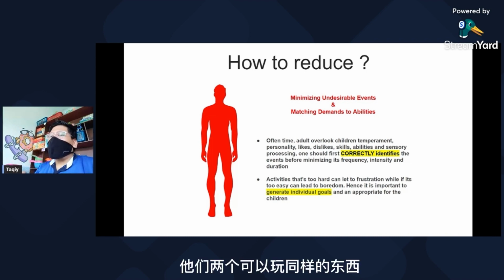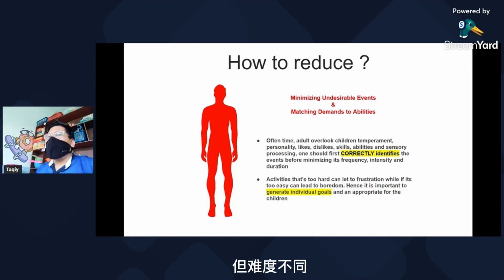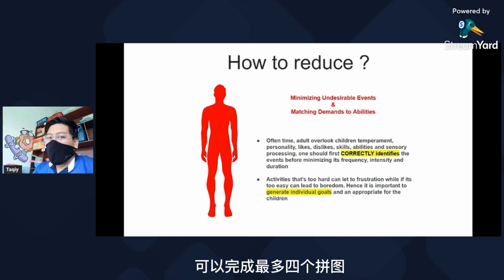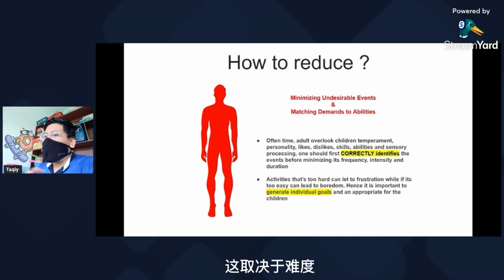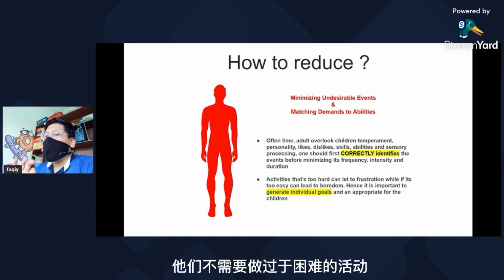The two of them can play the same thing, but at different levels of difficulty. For example, the child 3 years and below can do up to a 4 piece puzzle, however, the 3 and above year olds can do up to a 6 or 7 piece puzzle. It depends. There's no need for them to do a very hard activity because it will demoralize them.